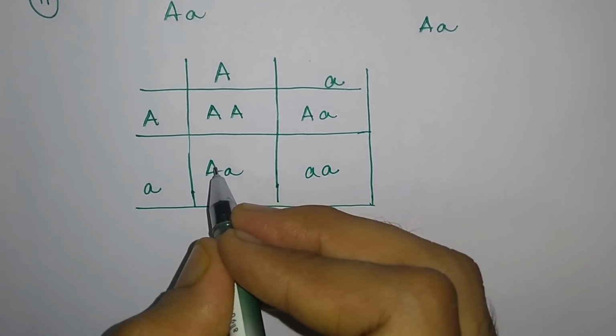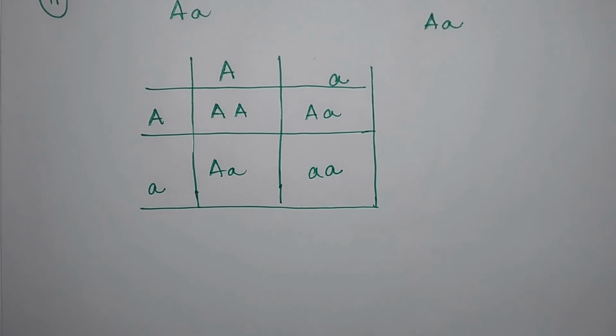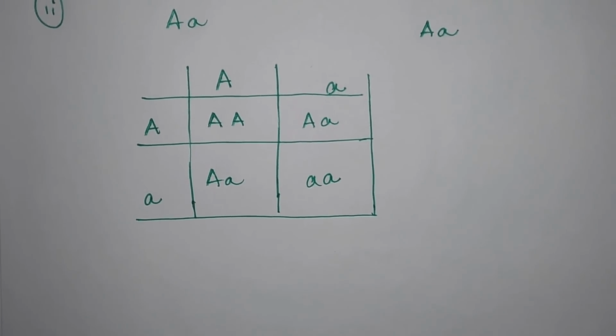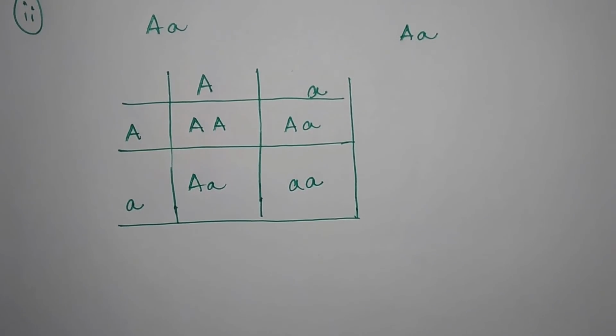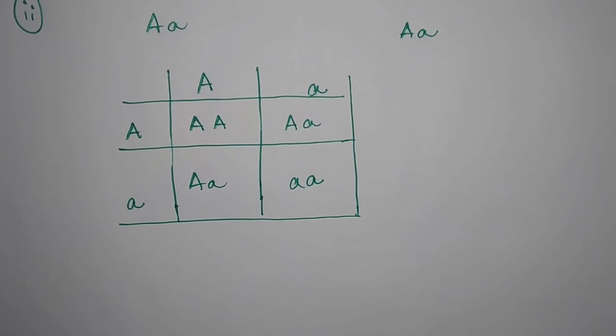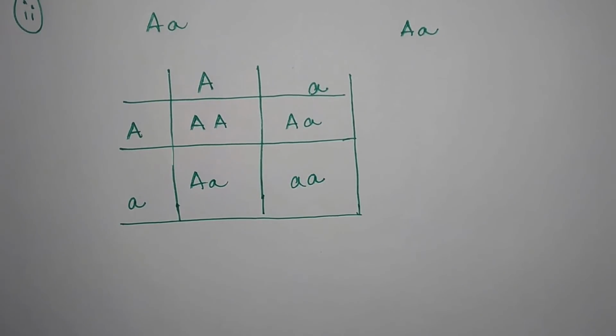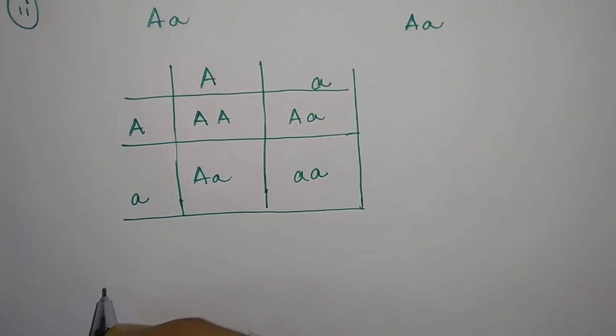So remember one thing, you have to put the capital letter on the left side. You have to start with the capital letter and the small letter will be on the right side. That will determine what type of flower or plant it will be. So basically this is the Punnett square. And okay, I'll do the next question over here only.